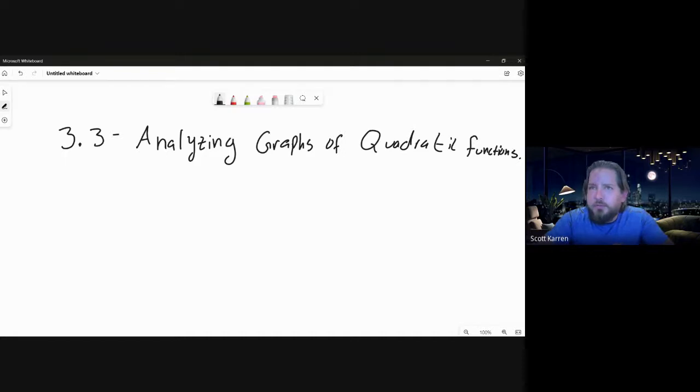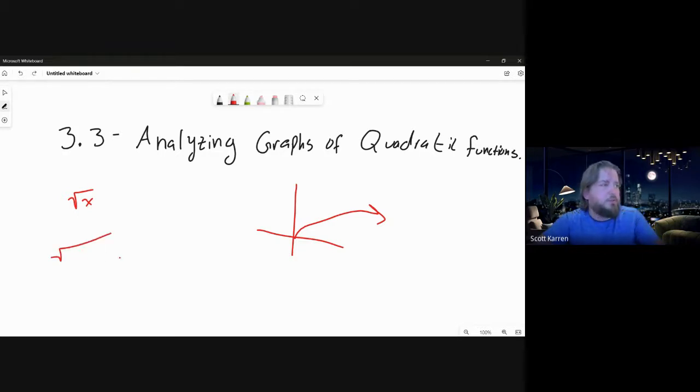We are in section 3.3, which is titled Analyzing Graphs of Quadratic Functions. So we saw in earlier sections shifting graphs, and for example, we saw this, and this was on the exam as well. So we know that the square root of x looks like that, right? And if you had something like the square root of x plus 2, let's do this